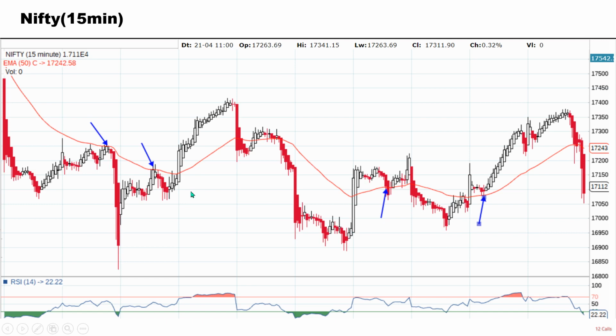The next one, Nifty on the basis of the 15-minute chart. Again now, an important thing to note in the 15-minute or even lower candles: if your daily opening movement is either upwards or downwards, then we may not be able to determine the trend. So in that case we have to only play when the price is very near the trend line rather than on the basis of the opening.